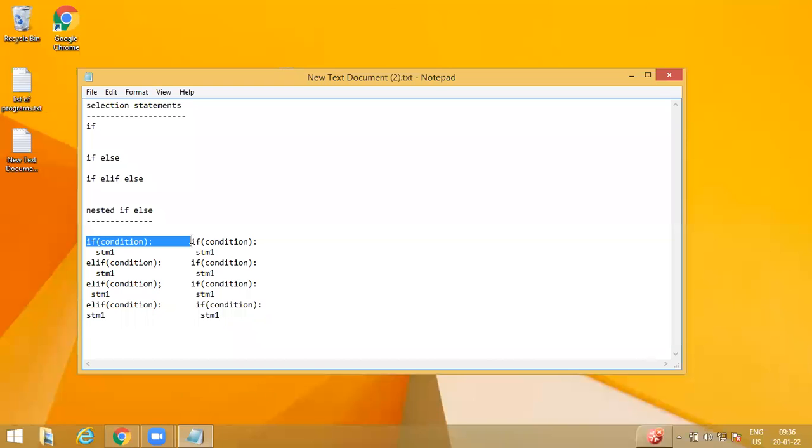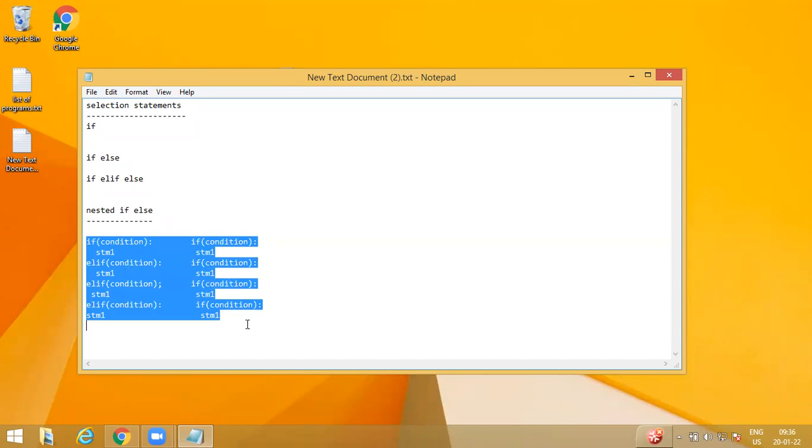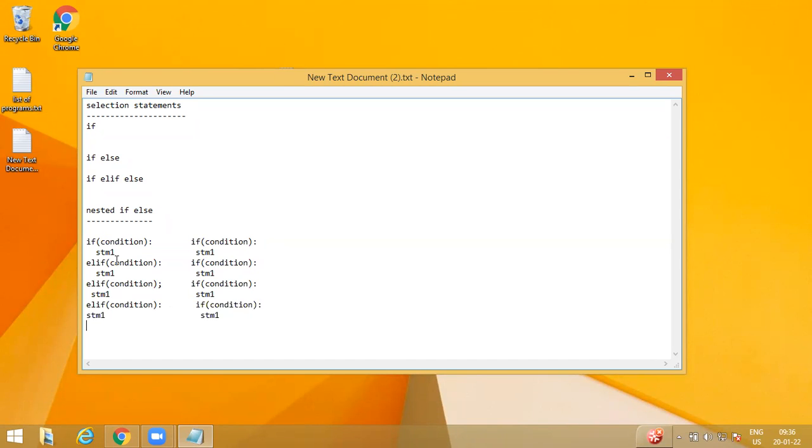In this case, all the if conditions will be checked in sequential order up to the end. In if elif, if any condition is satisfied, the conditions below will not be checked. Let us